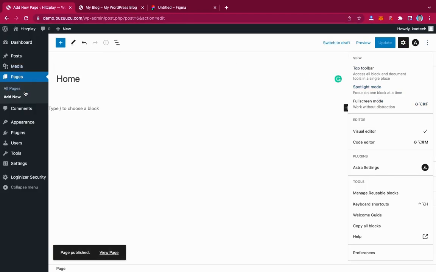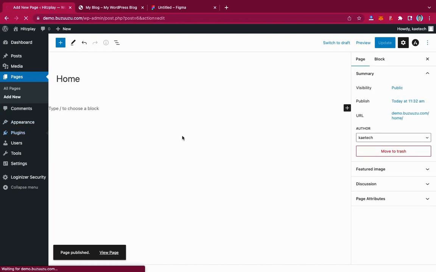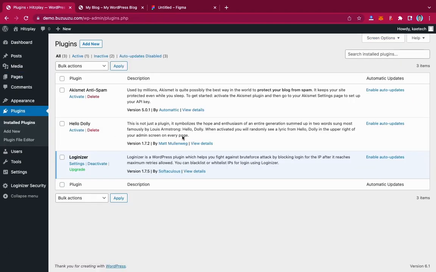Now I'm going to click over here and then click here and exit the full screen mode. Then I'm going to go to plugins over here and click on install plugins. Now I want to install a new plugin. The plugin that I want to install is called Elementor. That is the page builder that I'm going to use to convert the Figma design into a WordPress design. So I'll click on add new over here,